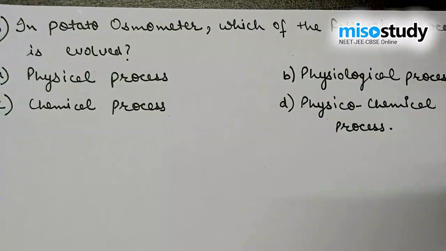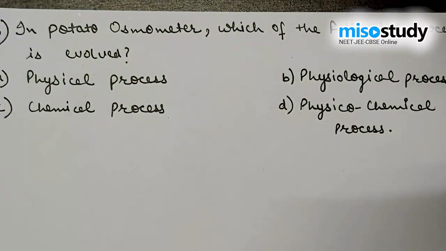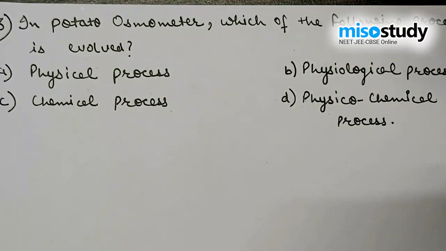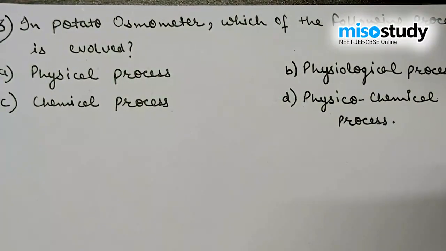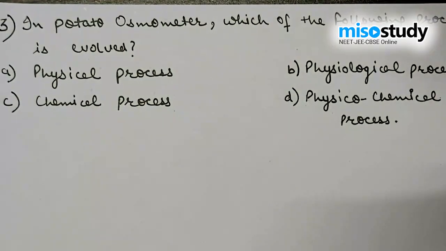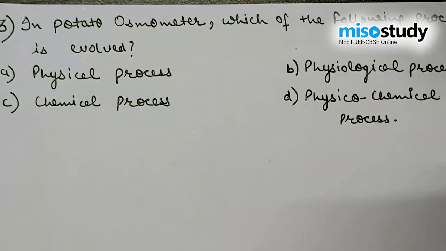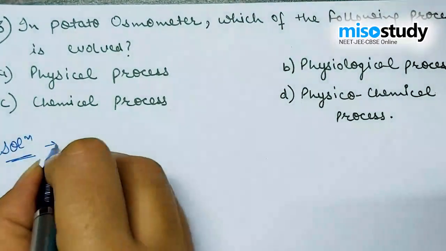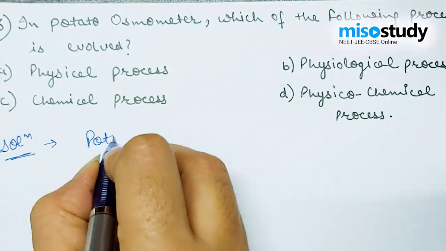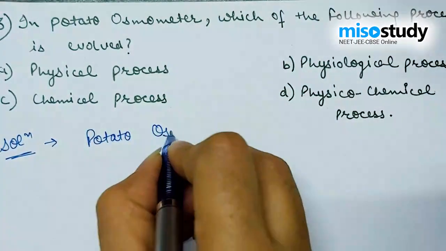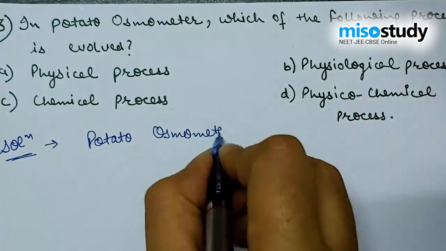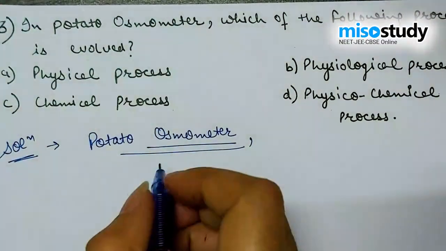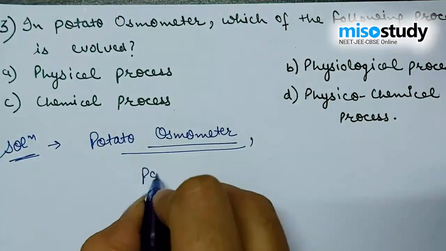Next is, in potato osmometer, which of the following processes is involved? A. Physical process, B. Physiological process, C. Chemical process, and D. Physiochemical process. When we discuss potato osmometer, in potato osmometer, a potato scoop